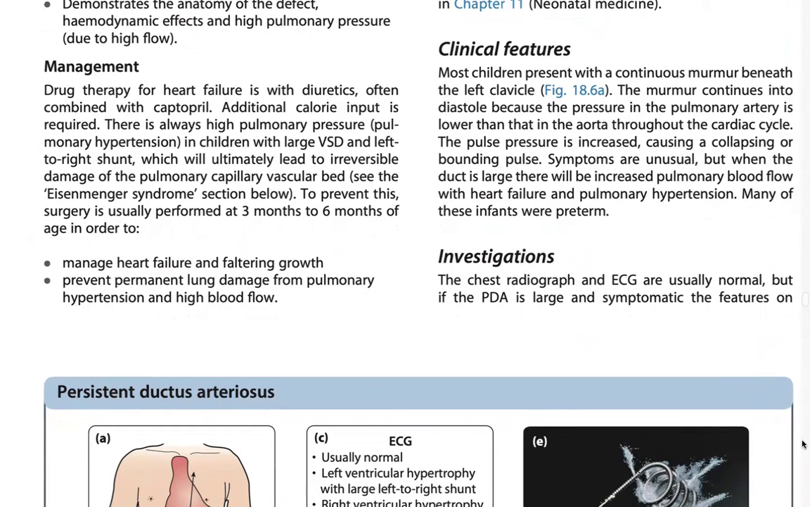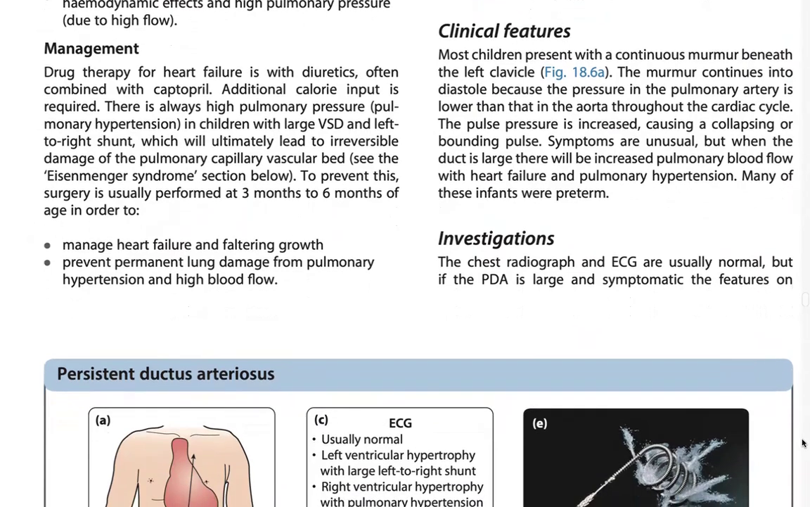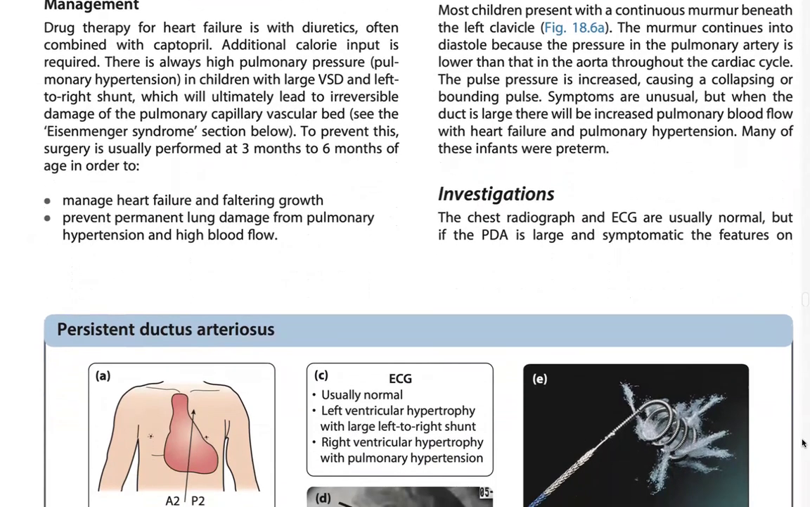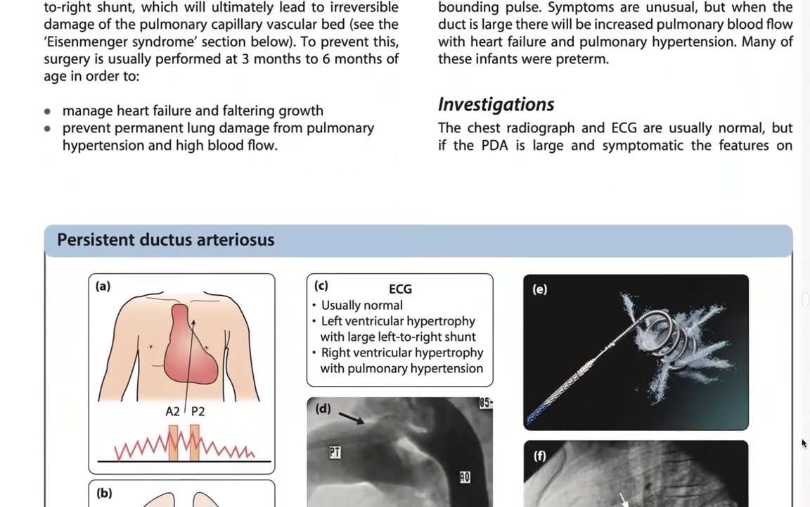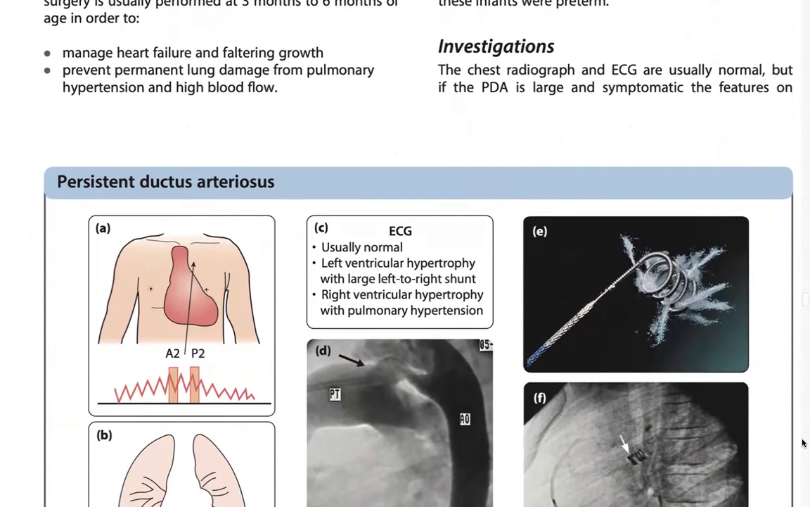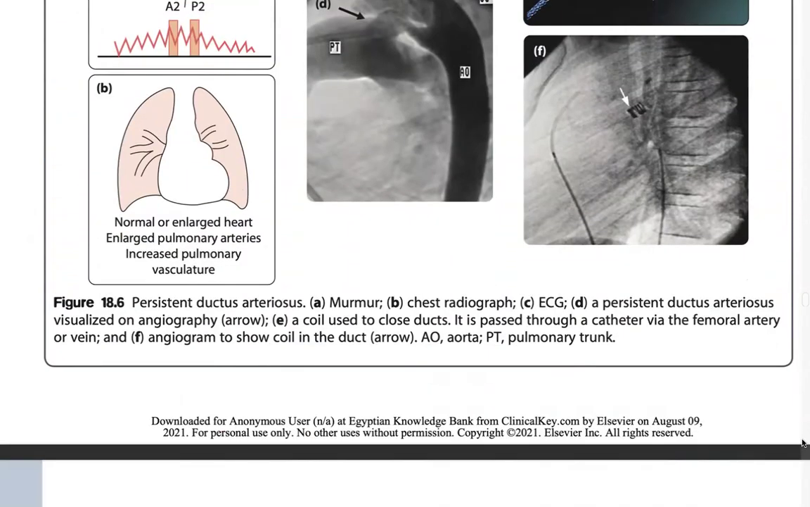The consequences causing relapsing and binary policy which are unusual but when the doctor's large increase primary blood flow with heart failure and volume population. Let me disinfect it treatment. Investigation with chest radiography procedure are usually normal, but the people's large is the features on